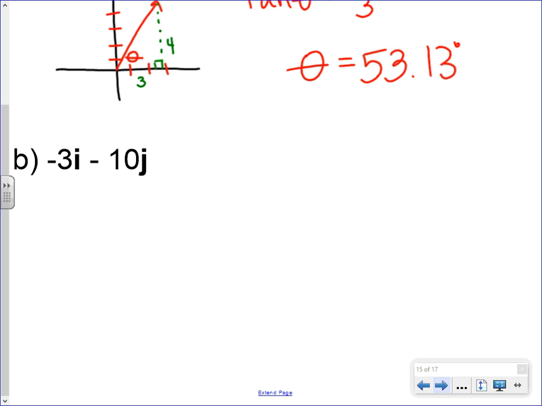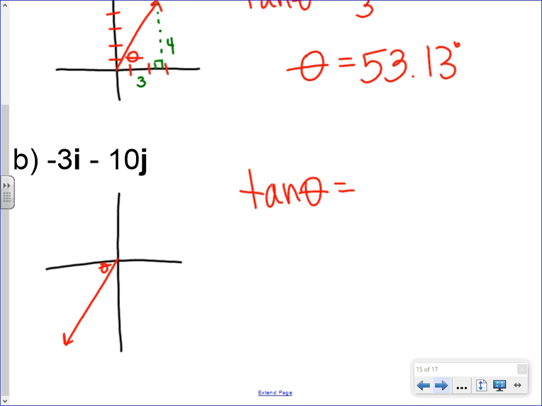Second example, negative 3i minus 10j. Which quadrant is that in? That is in quadrant 3, where we are looking at that angle right there. So we're still going to take the tangent of theta is equal to negative 10 over negative 3. It's always going to be vertical over horizontal. When you take the inverse tangent of 10/3,